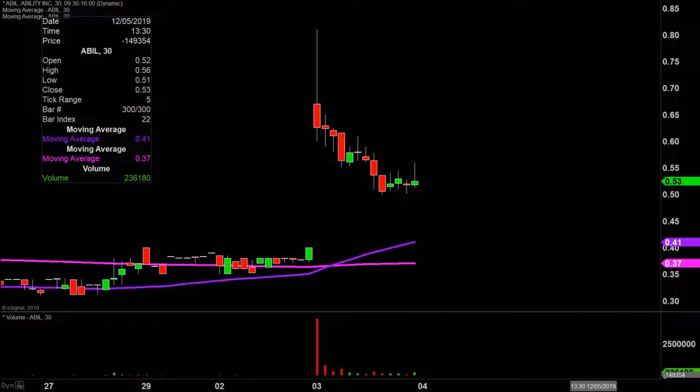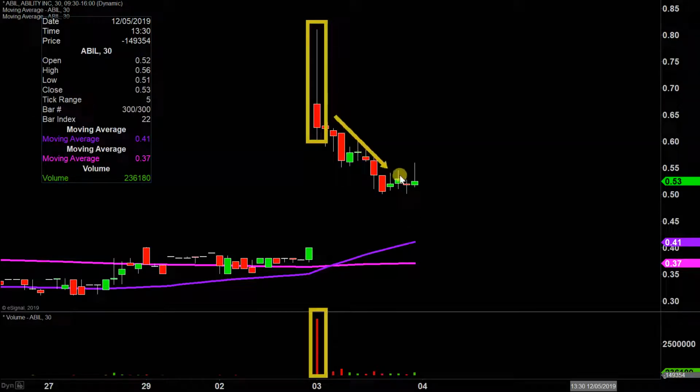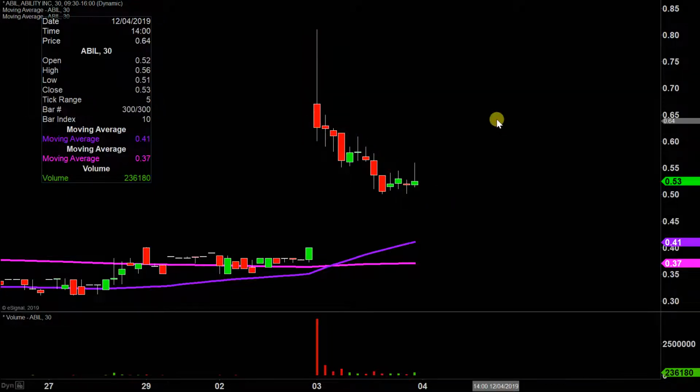But yeah, when you consider where the price gapped up and that the majority of the volume, right here, think about this. There's the first 30 minutes of volume, and that is the range where that volume all took place. And then you look at where the price ultimately closed, and from that range, it just drifted lower and lower and lower. So all those people that were buying that big old volume bar, all those people are quite a bit underwater right now, which is why I would say the chart's pretty nasty,